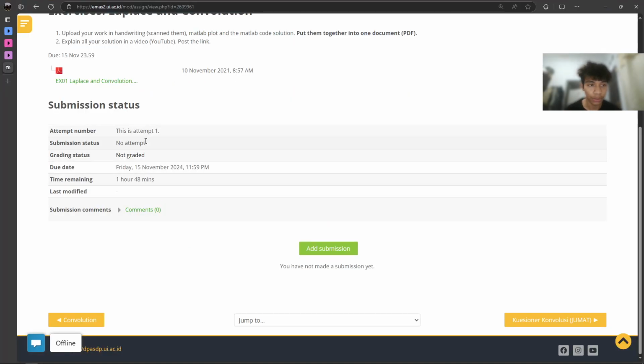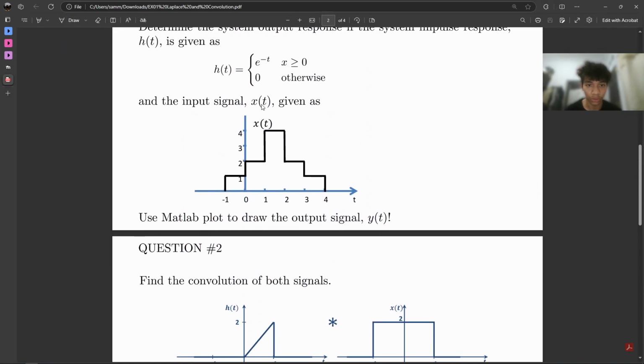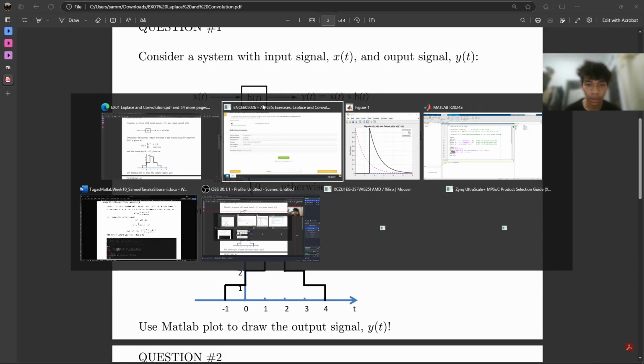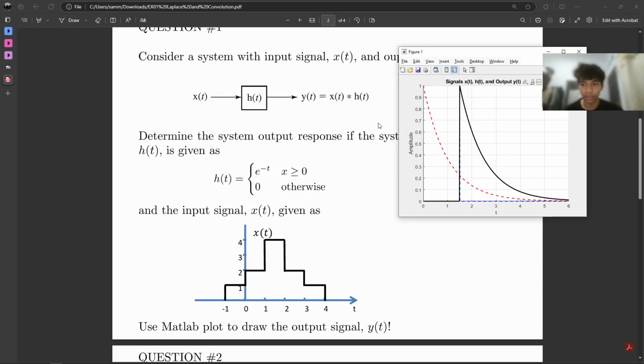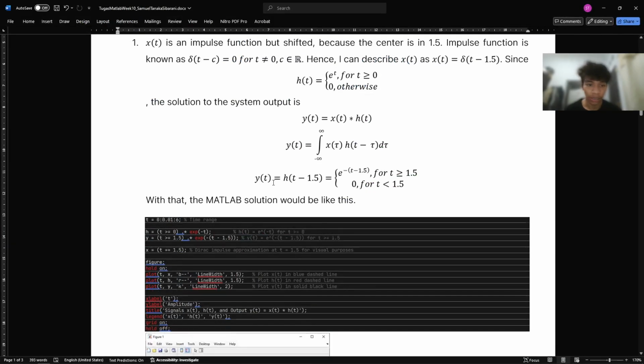Then I would like to try to compare it to this. I think that's the solution. Maybe that's close to what it should be, I think. Okay, let me continue. For the second problem,